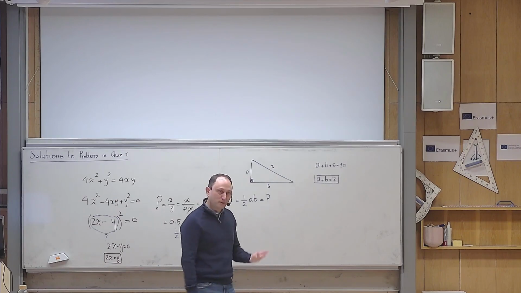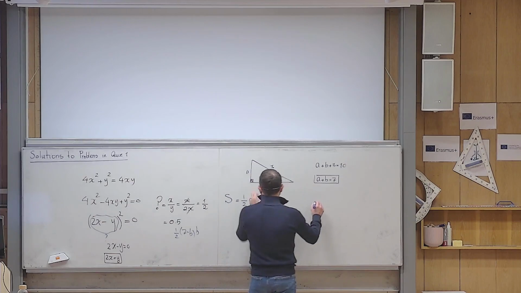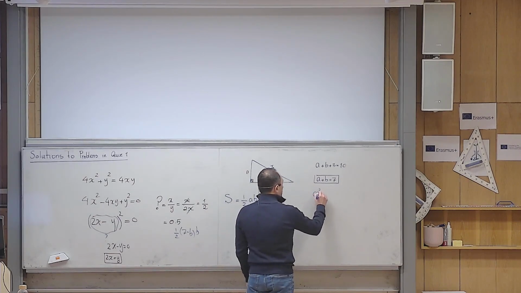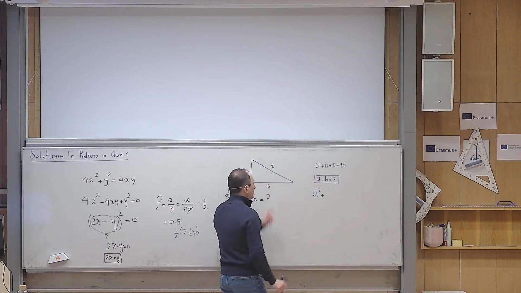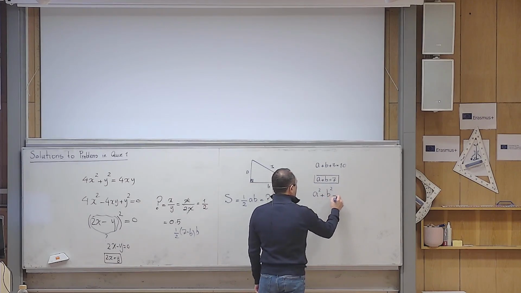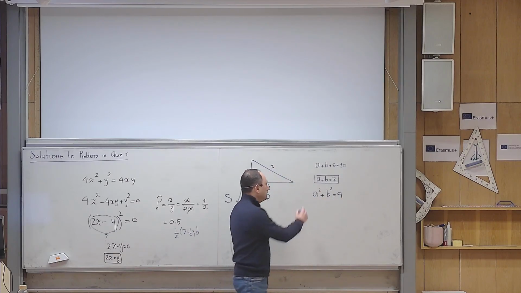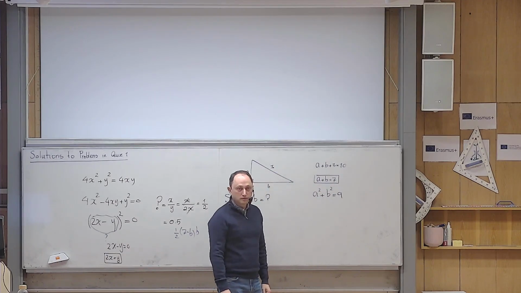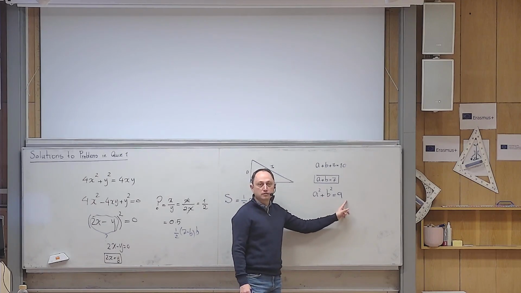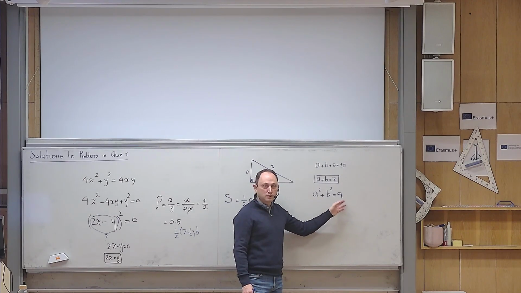So in principle, how many pieces of information do I have? 2. Yes? But what is the other one? A squared plus B squared is what? 9. Some of you wrote this, but immediately you made the mistake of taking the square root signs, and then you wrote A plus B is 3. Do you think Pythagoras is crazy? Because if it is,